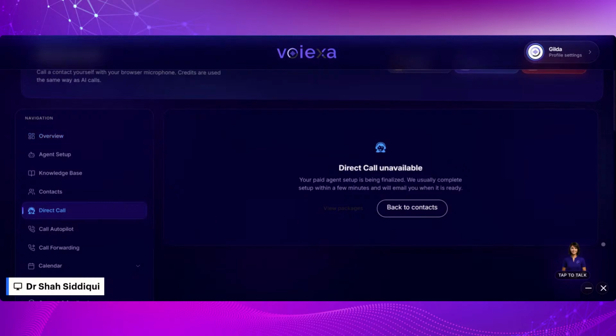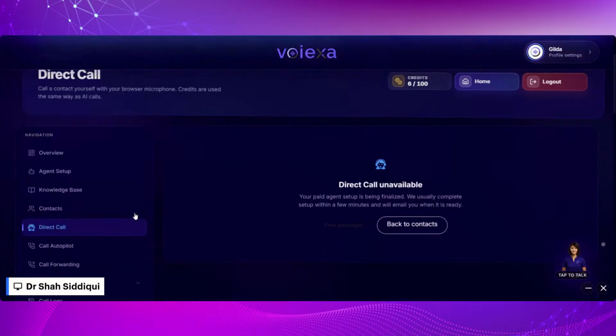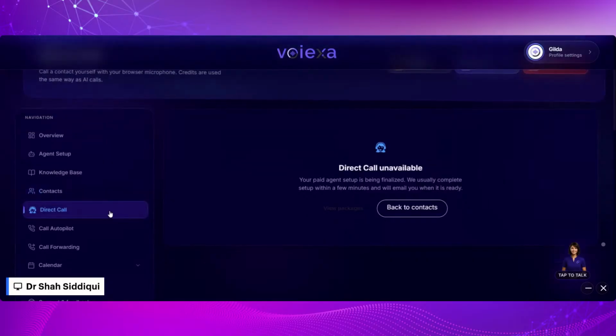We will have a dedicated application. We are just finalizing it, and we'll launch in the next couple of months. So we will have a mobile application, and your entire thing will be on your mobile. If you want to make direct calls, you can do that. It will work simultaneously with your AI workforce.